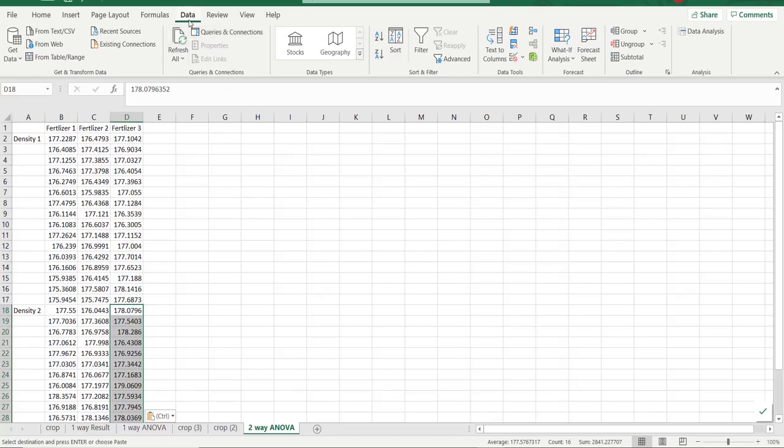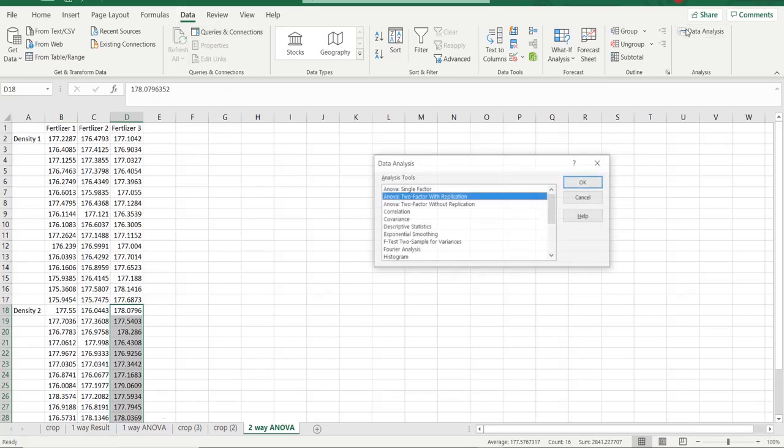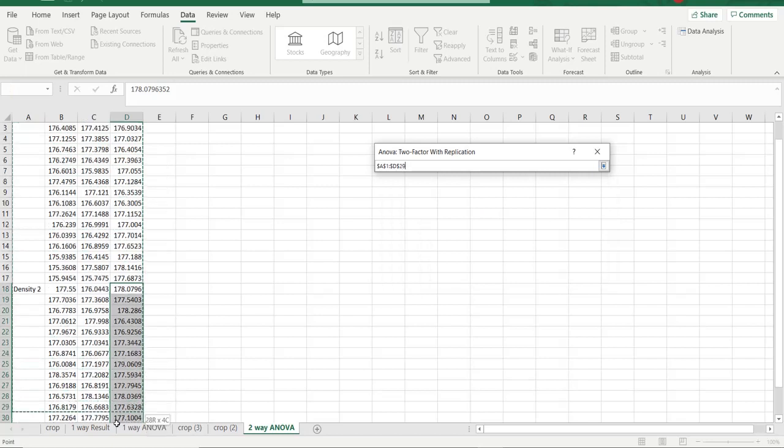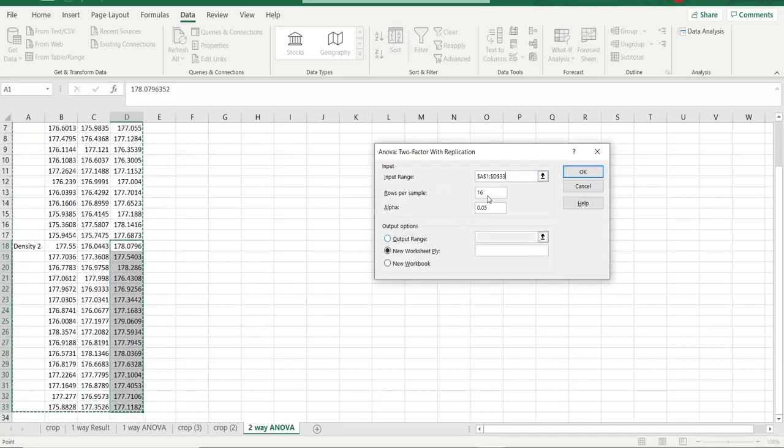From the Data tab, choose Data Analysis and select ANOVA: Two-Factor With Replication. Once you click OK, this tab will be displayed. Initially you have to choose the input range, so choose all the data. The next thing is how to give the rows per sample.